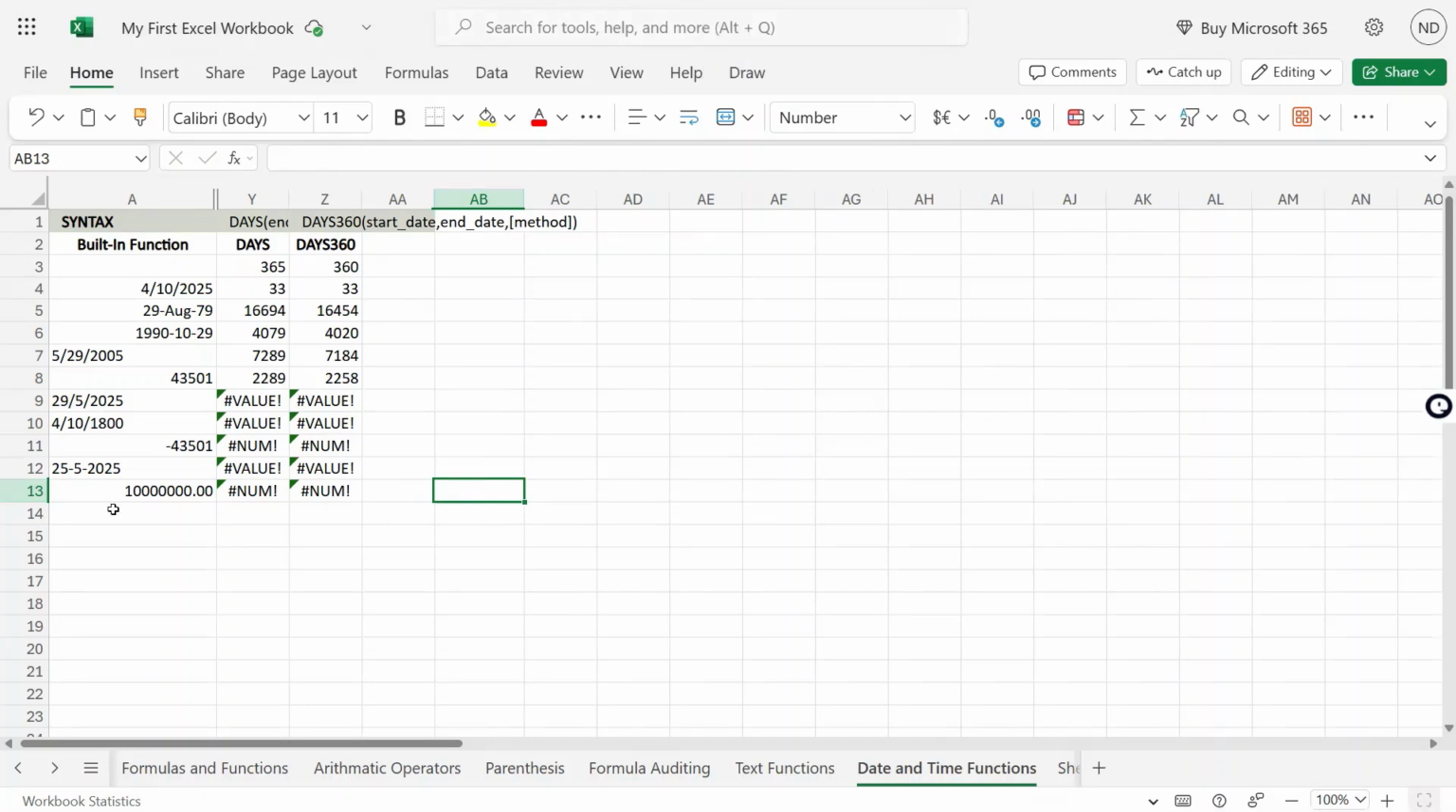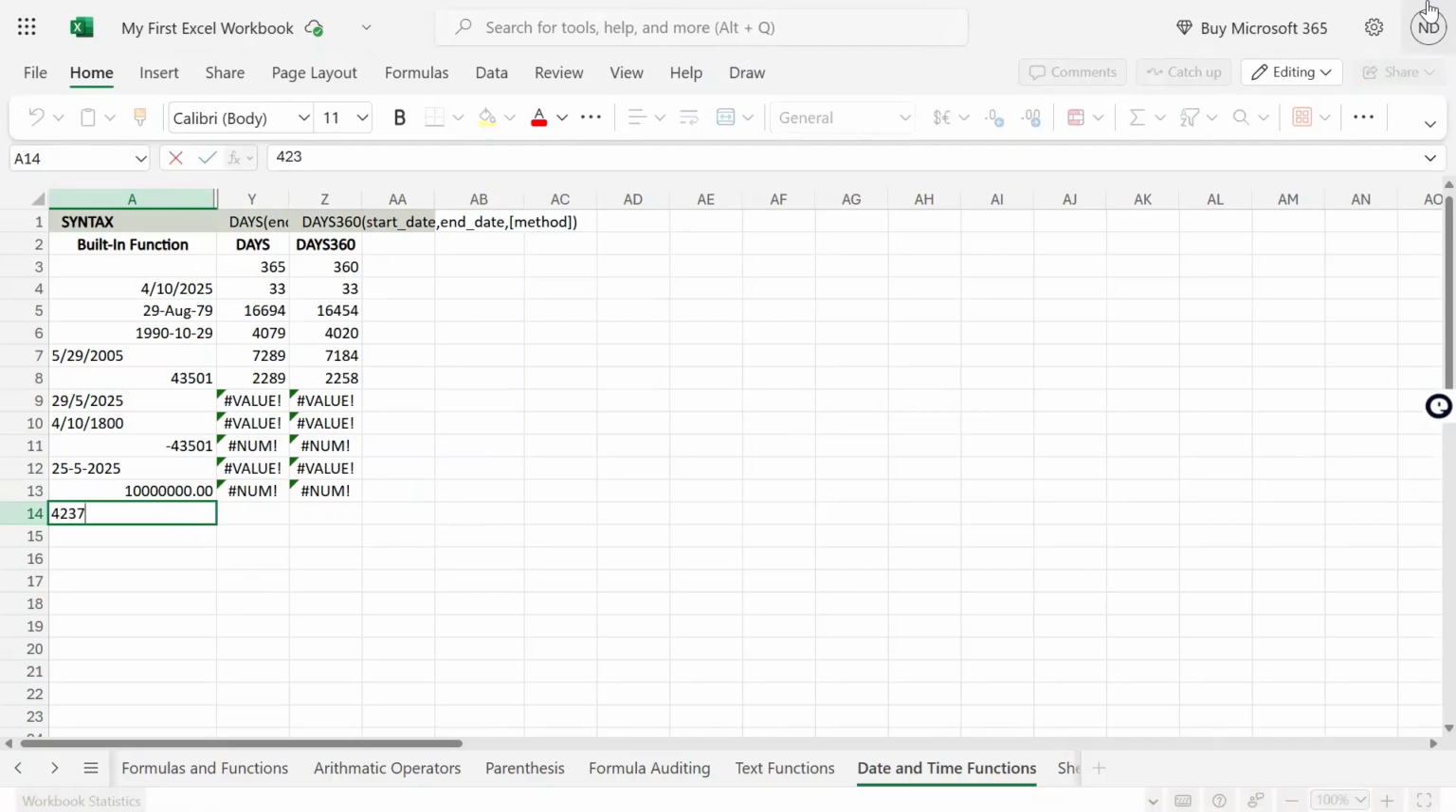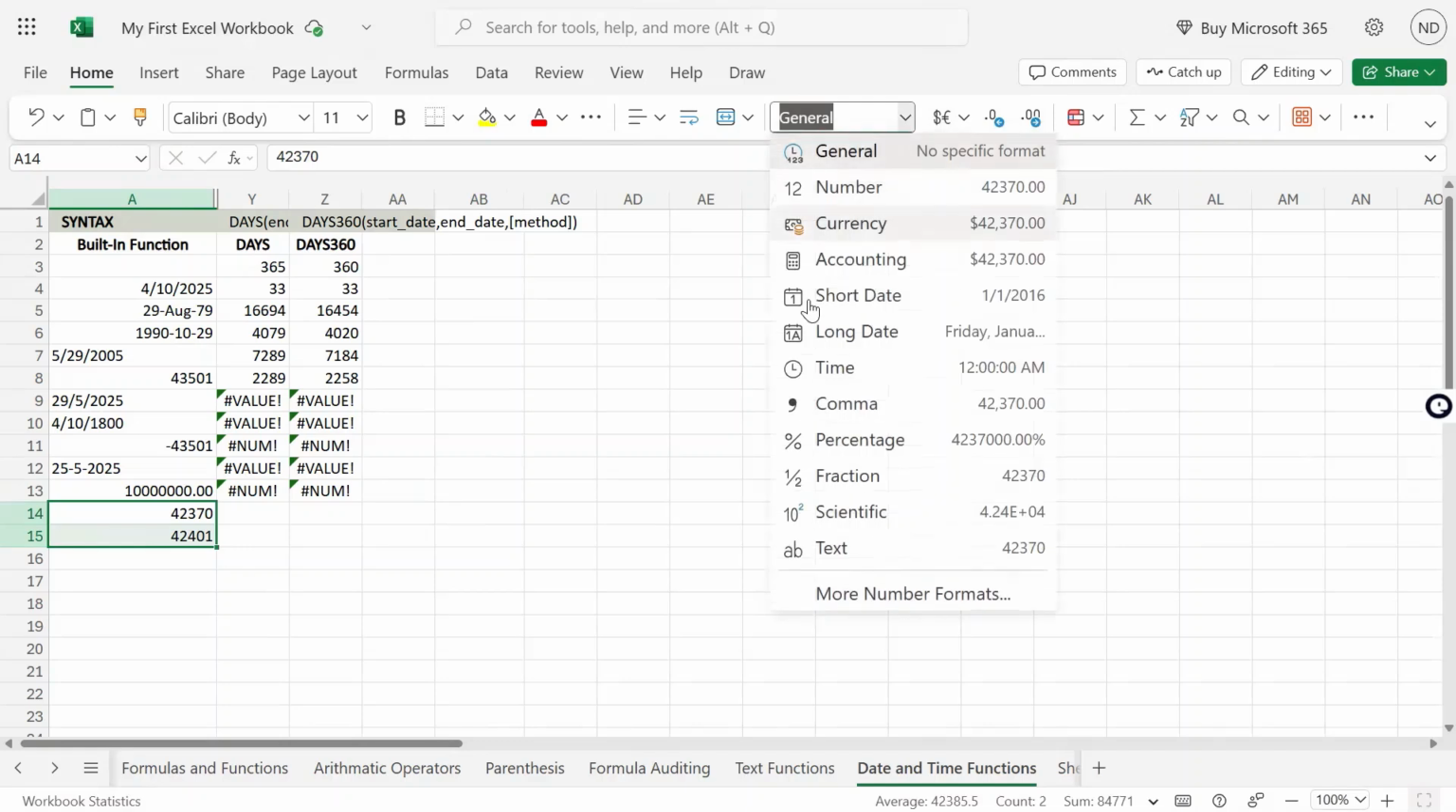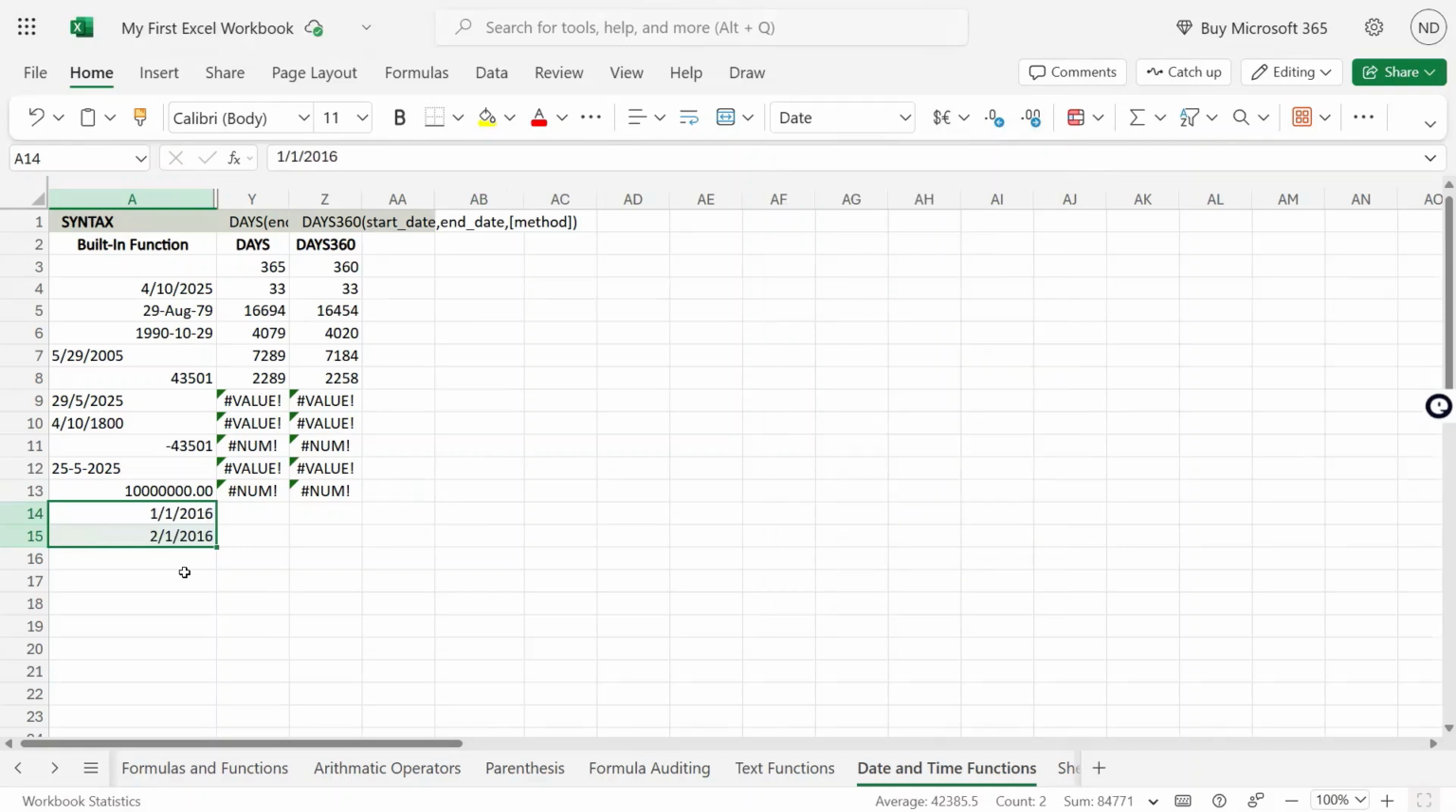Now let me have a serial number. So I have these two serial numbers as 42370 and 42401. So let me show you the date as well. If I convert them to date, make it short date. So it is these 2 months. One is January, another is February. So ideally the difference should give me